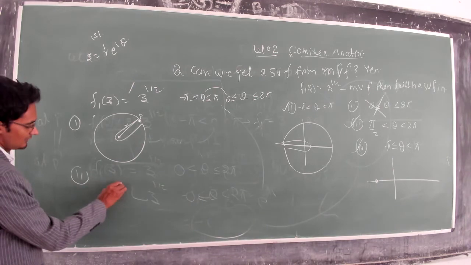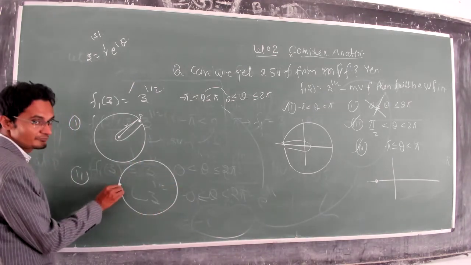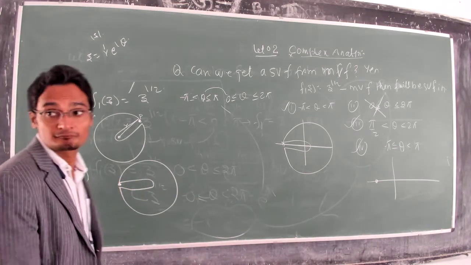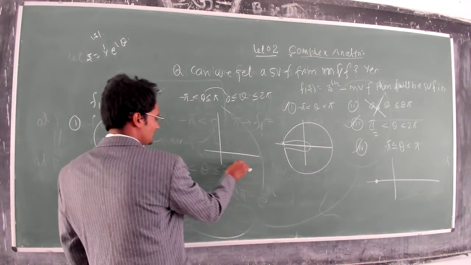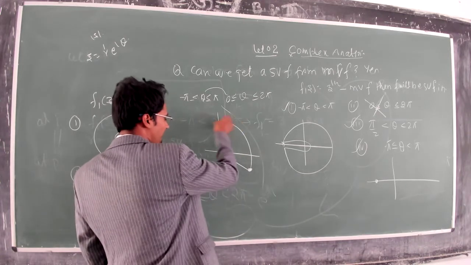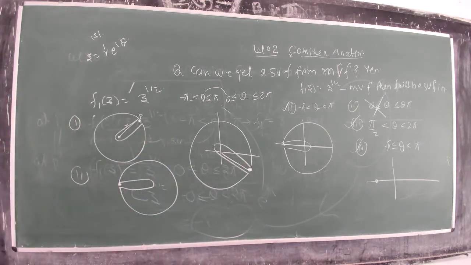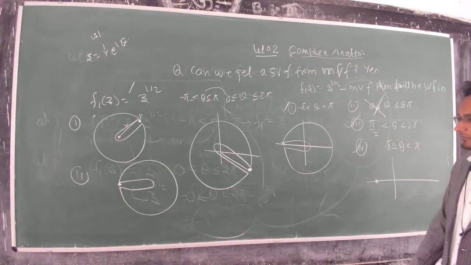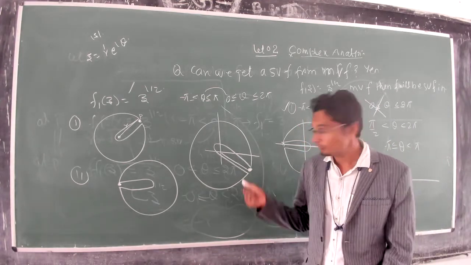Suppose I am here. You are taking this rotation, then do not cross this; just go around and come back. Suppose I am here, same thing: start, do not cross it, just stop before and come back. So to get a single valued function, it's very easy. The point at which you are starting the rotation, do not cross that point.